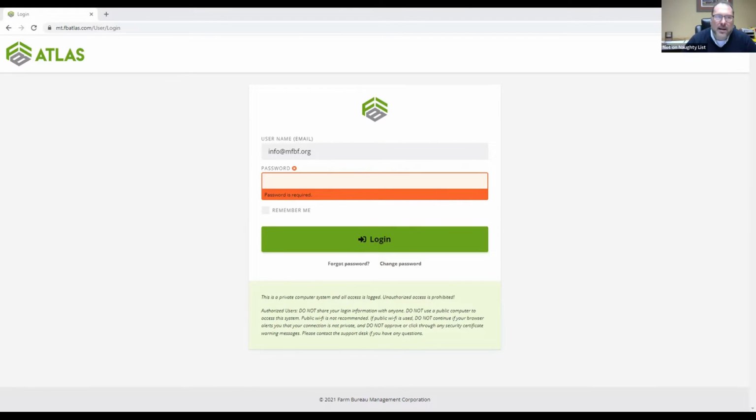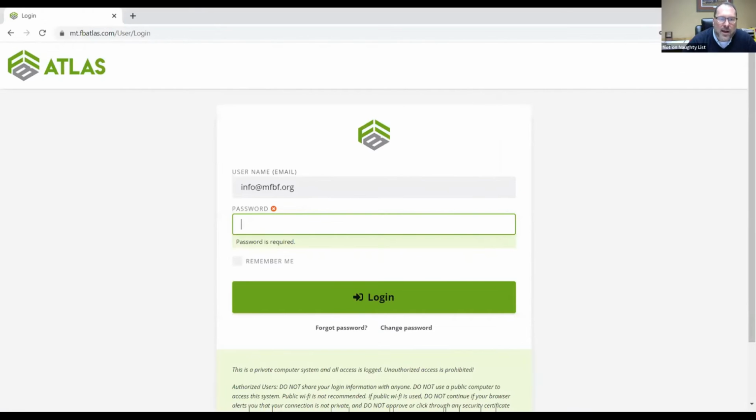One of the great things I like about this system is that it's cloud-based. That means anywhere you have internet access, you can get hold of this membership database system and find out whether a member is active or get a group list for a committee or whatever you need to do. So anywhere you have a phone, a tablet, a smart TV, an Xbox, PlayStation, Kindle Fire, you name it, you can access your membership list.